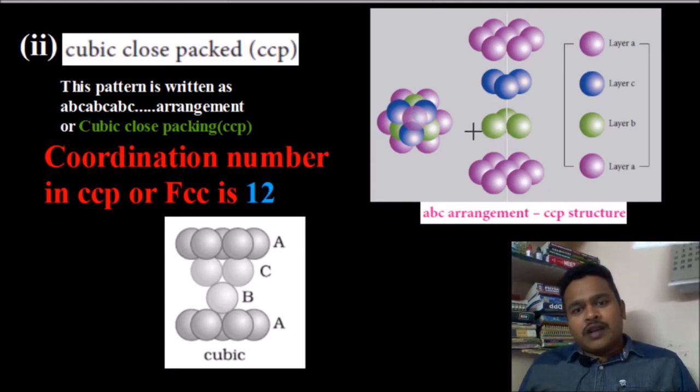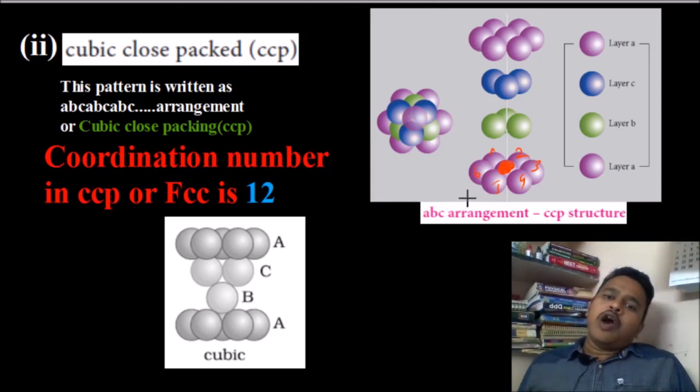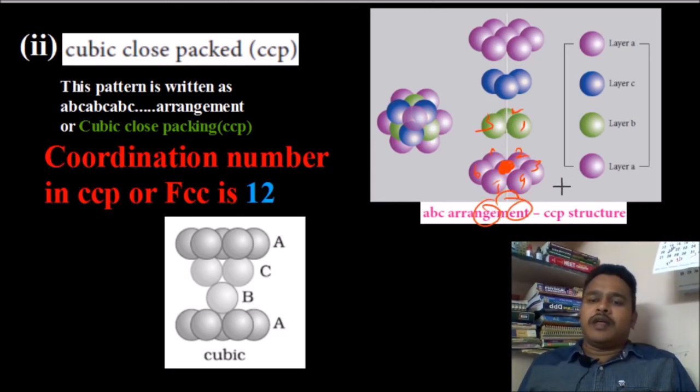Again the same thing. Within the layer, 1 2 3 4 5 6 are there. For this sphere I want to find the coordination number: how many spheres are in contact with the center sphere? Within the layer 6 are there, above 3 are there, and below also 3 will be there.